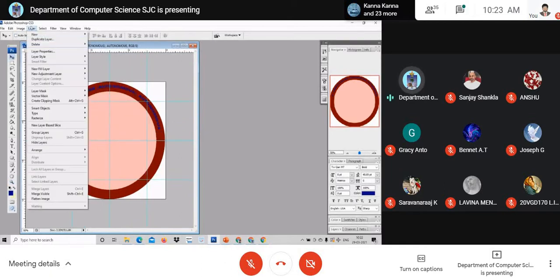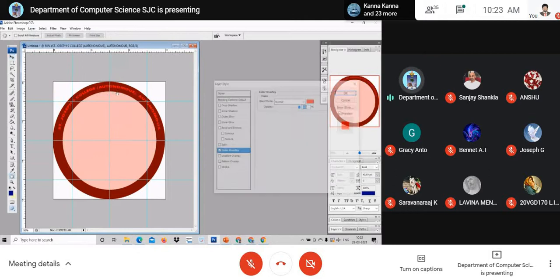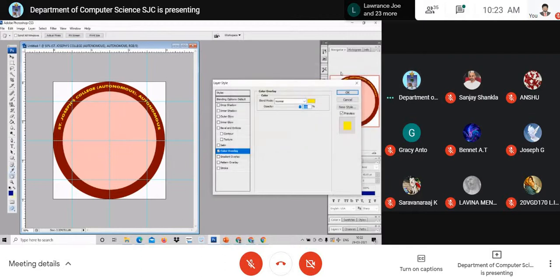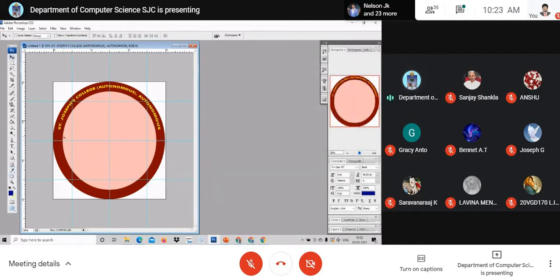Now I want to take it as in a light color. I want to go for yellow or white color. I want to go for yellow color. See, I fixed yellow color, right? Okay. Then I want to put up a star symbol here, both the sides. I go to shape, custom shape, and select a star. Maybe one looking like a star.